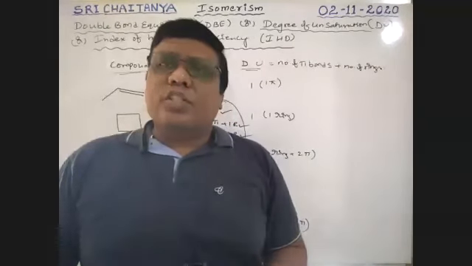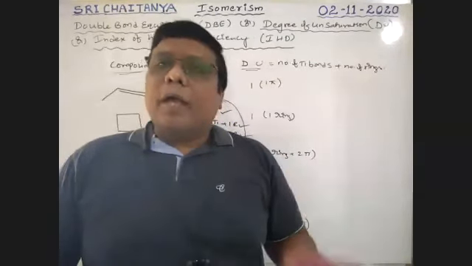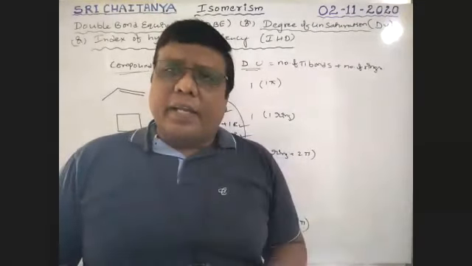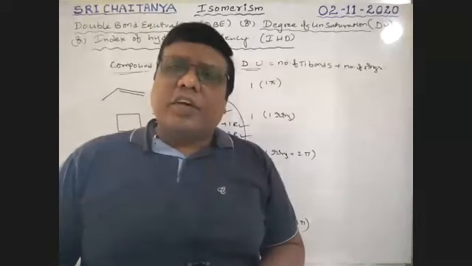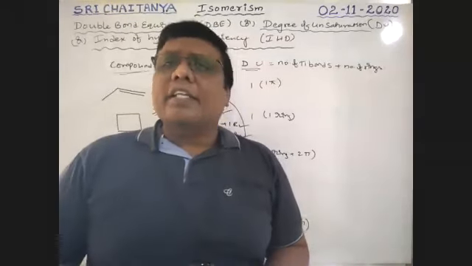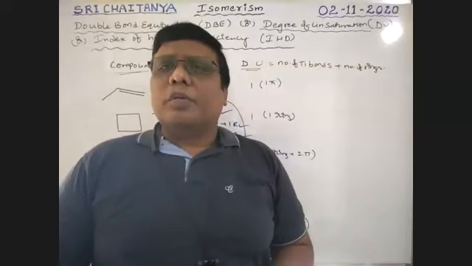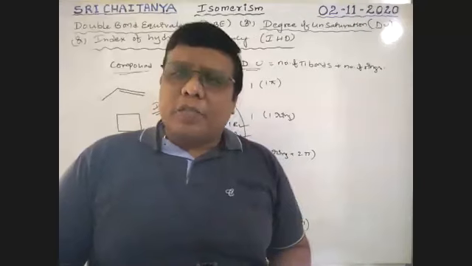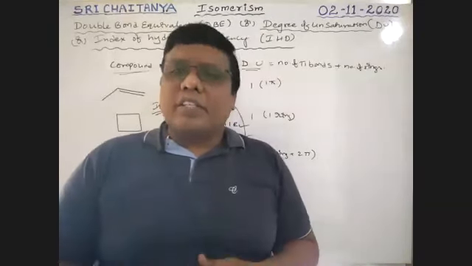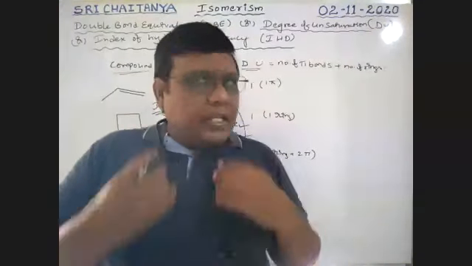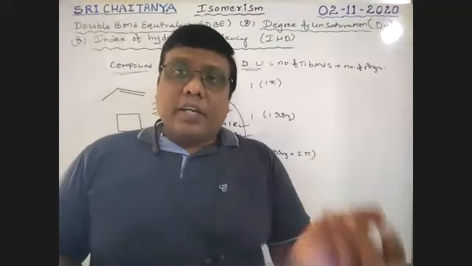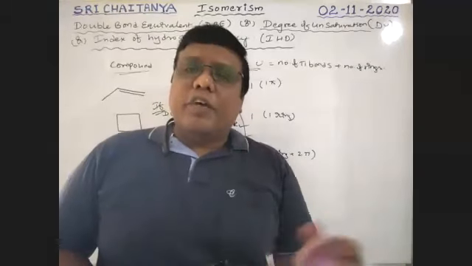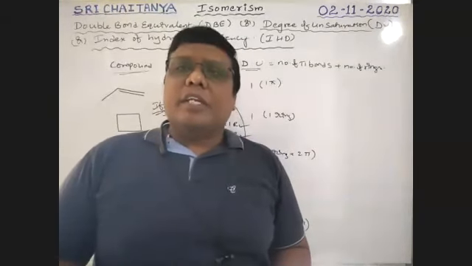If the degree of unsaturation is 2, it means 2 pi bonds, or 1 pi bond plus 1 ring. If degree of unsaturation is 1, does it contain a ring structure? Almost not possible, or 1 ring may be possible depending on the situation: 1 ring or 1 pi bond. So the possibility of ring structure is explained on this basis. For ring formation, minimum 3 carbons are required.